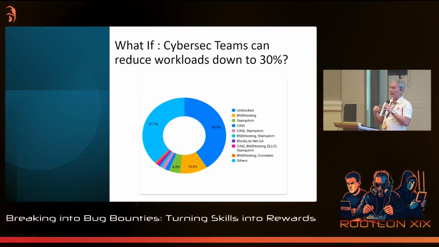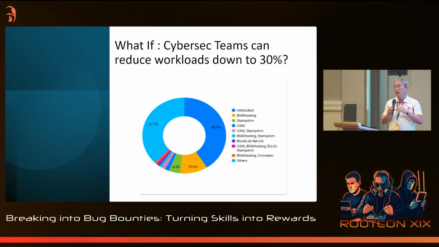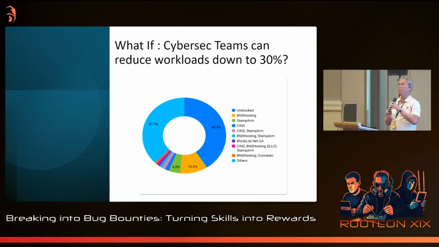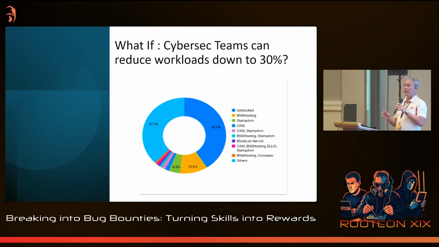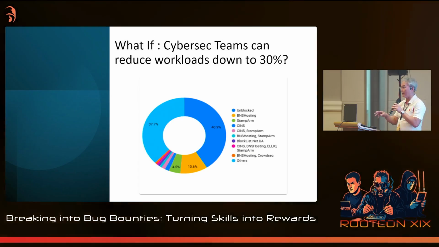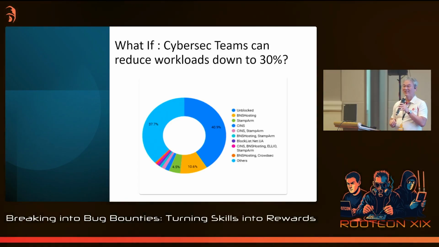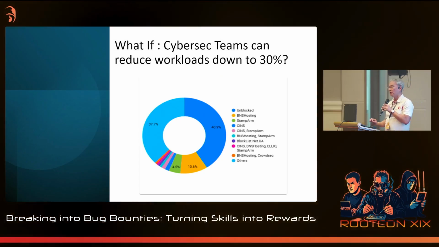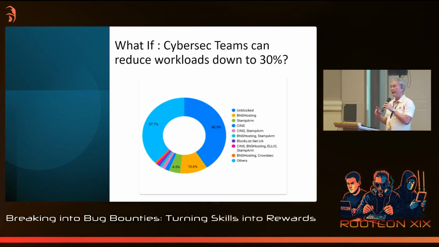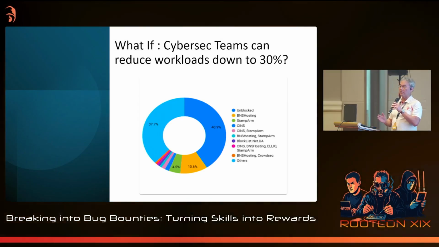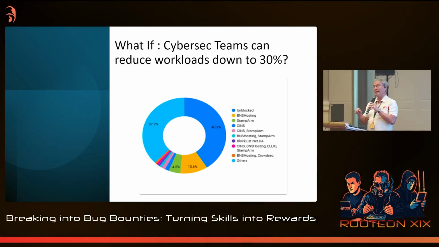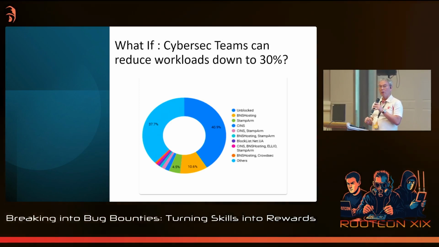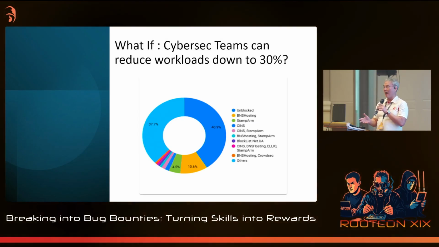So as cybersecurity defenders and blue team operators, how would it benefit us if I share with you an idea that can help reduce 60 to 70% of your workload? What we found is that we can actually block 60 to 70% of the attacks at the edge. But a nice thing was, as of yesterday, we were able to block 90%. So on a good day, we can block as much as 90%.